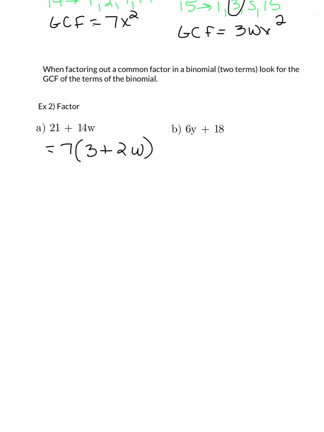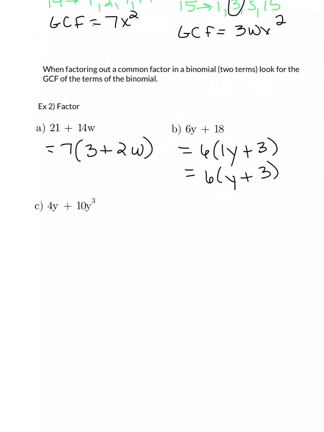On our second example, we have the binomial, two terms, of 6y plus 18. When you look at those, 6 goes into both items. So we're going to pull 6 out to the front. If we take 6y divided by 6, 6 divided by 6 is 1. So we would have 1 left as our number, and the y would still be there. Plus 18 divided by 6 is 3. It's not necessary to write the 1 in front of the y, so you can just write 6 times y